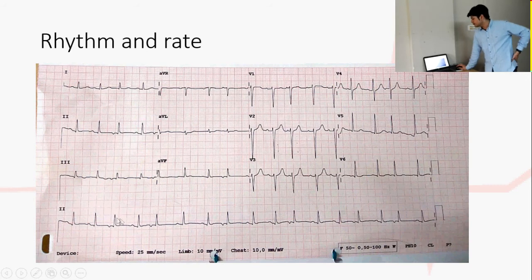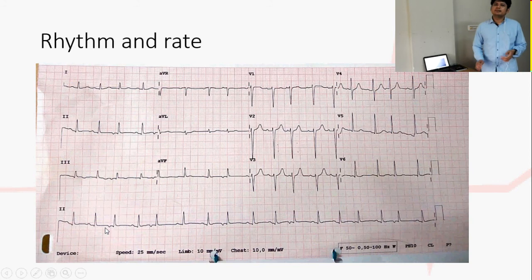Now we are going to decide what is the exact rate of this ECG. So let's calculate the number of R waves in this. So 1, 2, 3, 4, 5, 6, 7, 8, 9, 10, 11, 12, 13, 14, 15, 16, 17. So 17 into 6, it will become a rate of 102. Okay, so this is an irregular rhythm, and you can calculate the rate just with the rhythm strip, remembering the rhythm strip is 10 seconds of the ECG. Fine. So this is the multifocal atrial tachycardia.